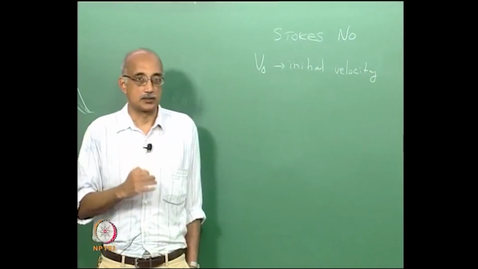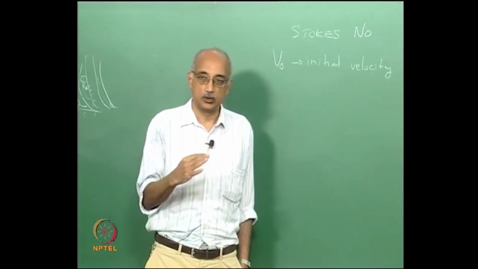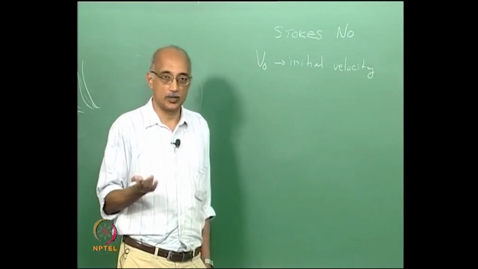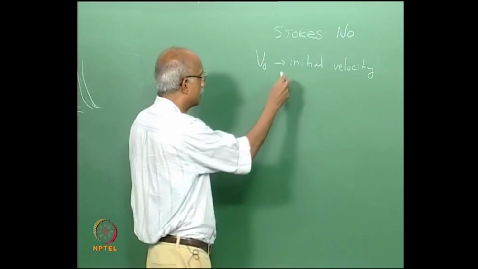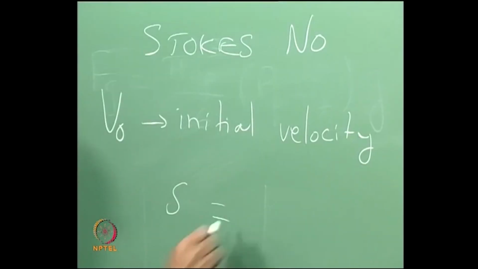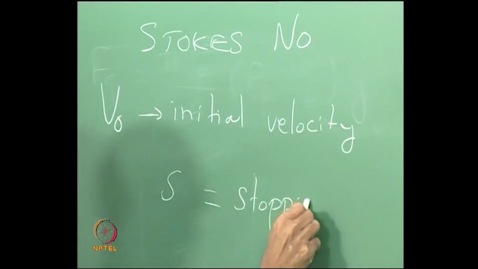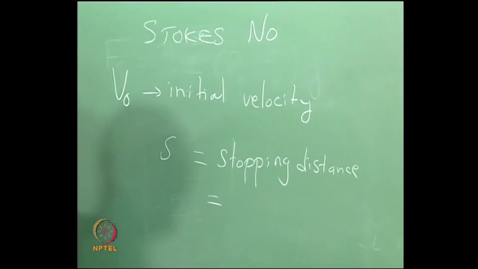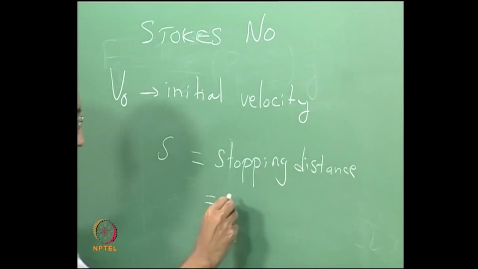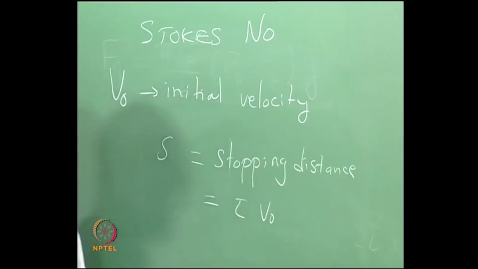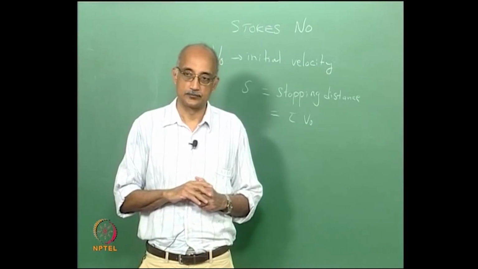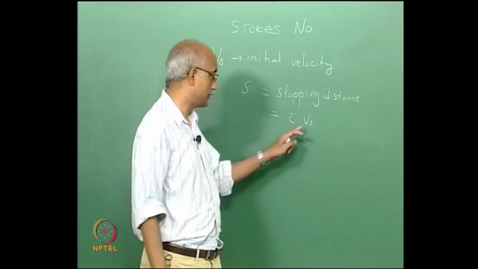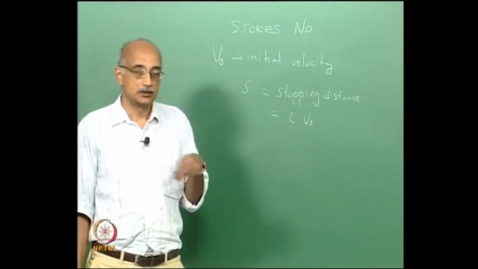What is its stopping distance? In other words, how far will it go before it comes to a stop? Now, that is something you can basically obtain by taking the velocity equation and integrating it. When you do that, you find out that the stopping distance s is simply relatable to the particle relaxation time tau multiplied by v0, the initial velocity of the particle. So, the greater the particle relaxation time and the greater the initial velocity of the particle, the greater will be